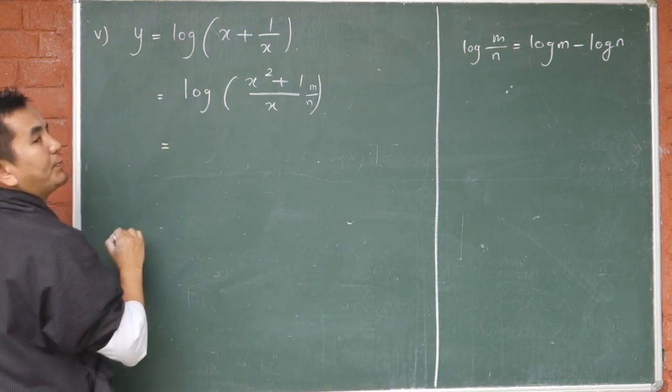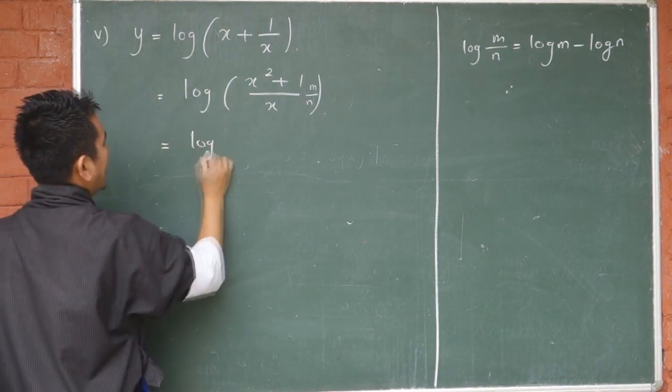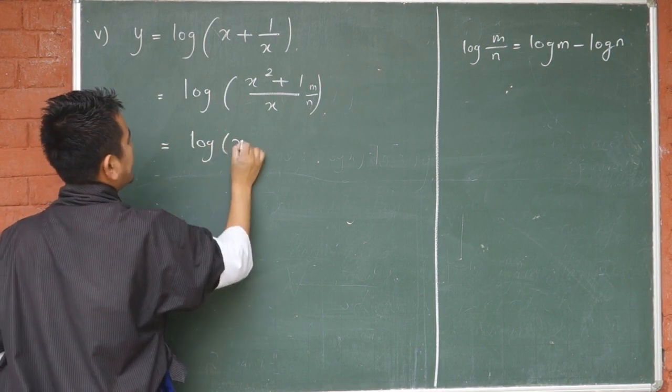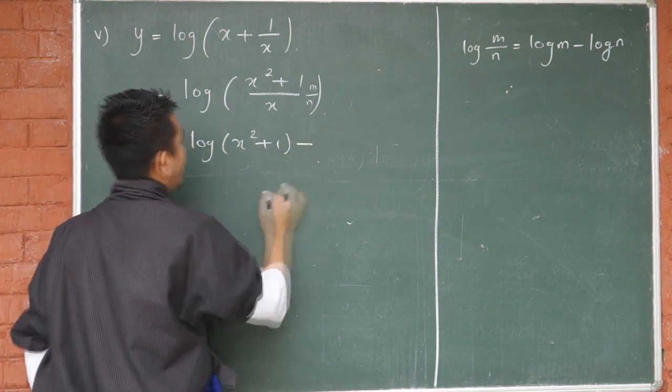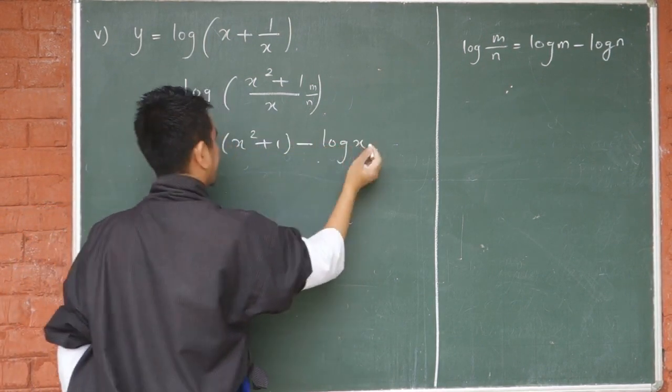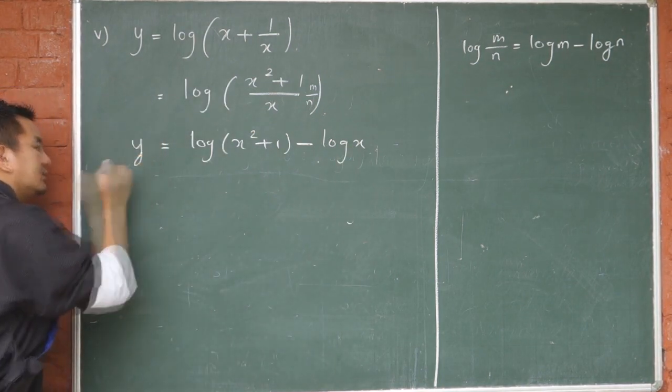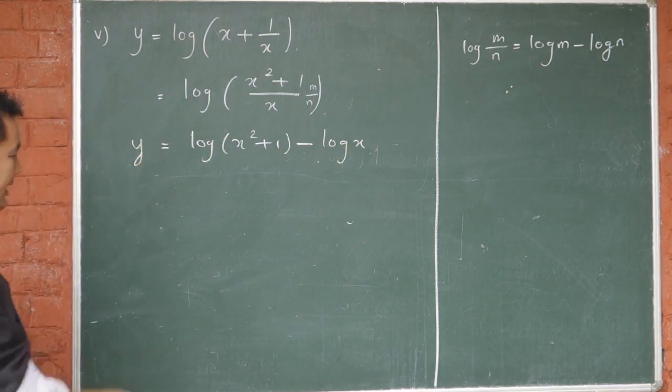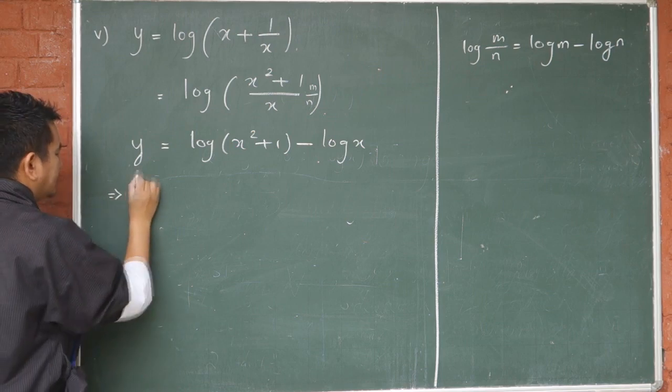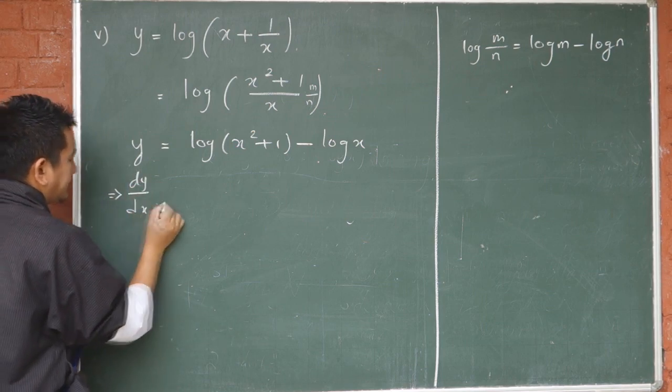Let's apply the logarithm law before differentiating. We have log m minus log n. That's it. This is nothing but y. Okay? Now differentiate. That implies dy by dx is equal to